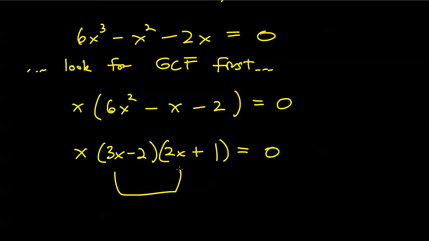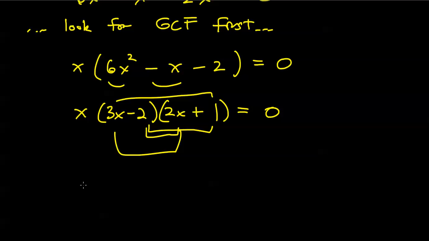Let's check it. The first product is 6x squared. The outer product is 3x. The inner product is minus 4x, and those indeed add up to a minus x. And the last product is minus 2. So indeed the factoring looks correct. Let me rewrite that equation down. x times 3x minus 2 times 2x plus 1